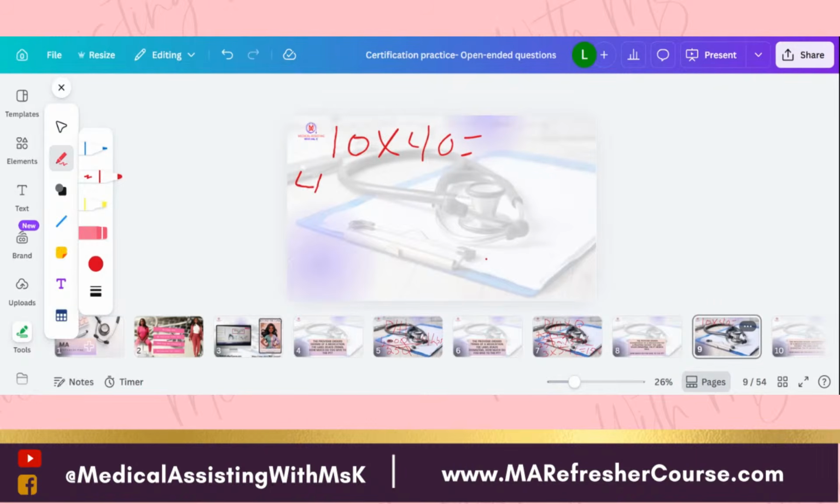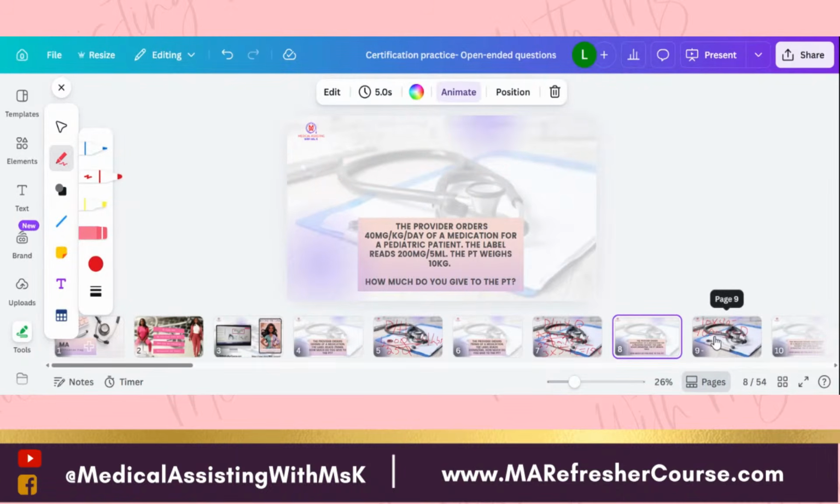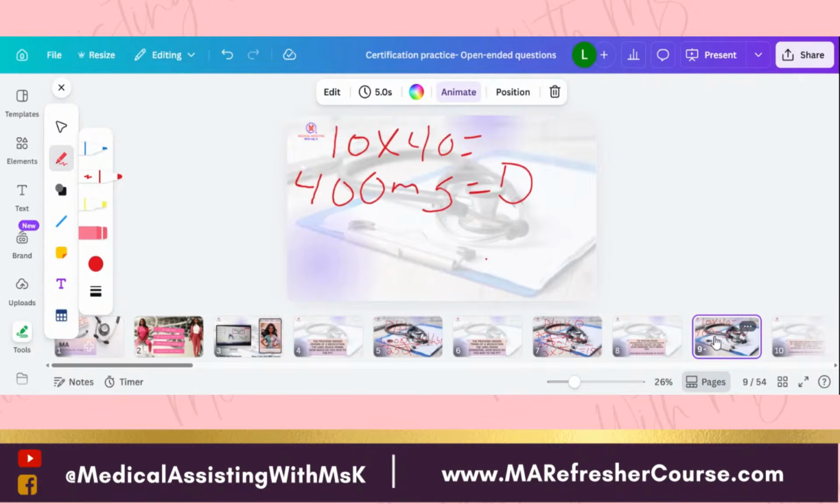400. So in other words, the doctor wants 400 milligrams, okay? Because he said for every kilogram, he wants 40 milligrams. So now we know what the doctor wants. The doctor wants 400 milligrams of the medication. So this is the dose, okay? So this is the desired dose. This is going to be our D, okay? And the medication label, let me go back one more time. The medication label reads 200